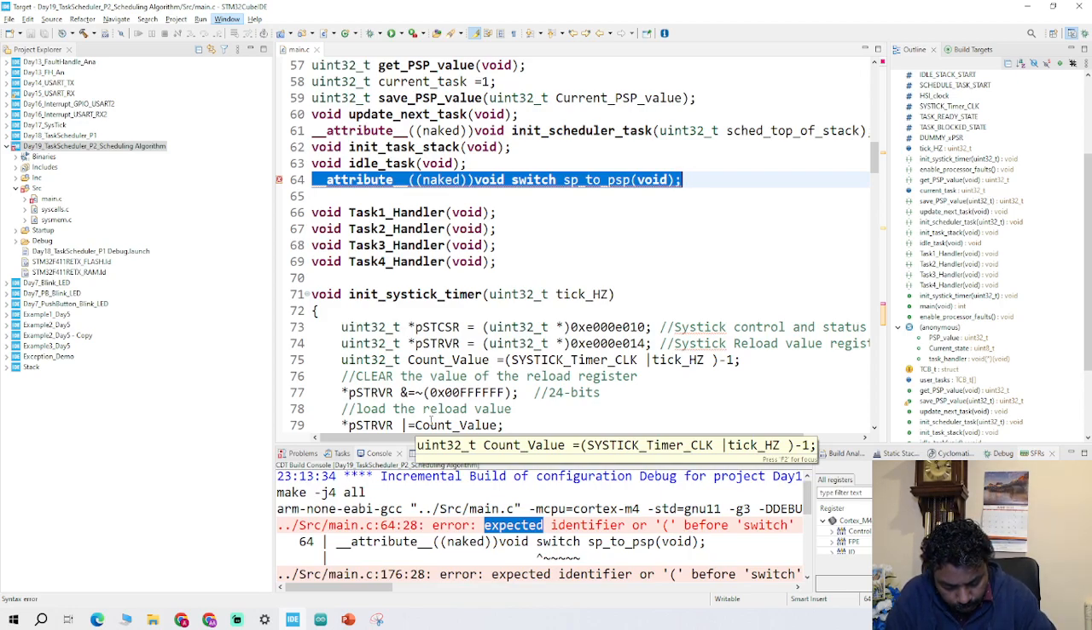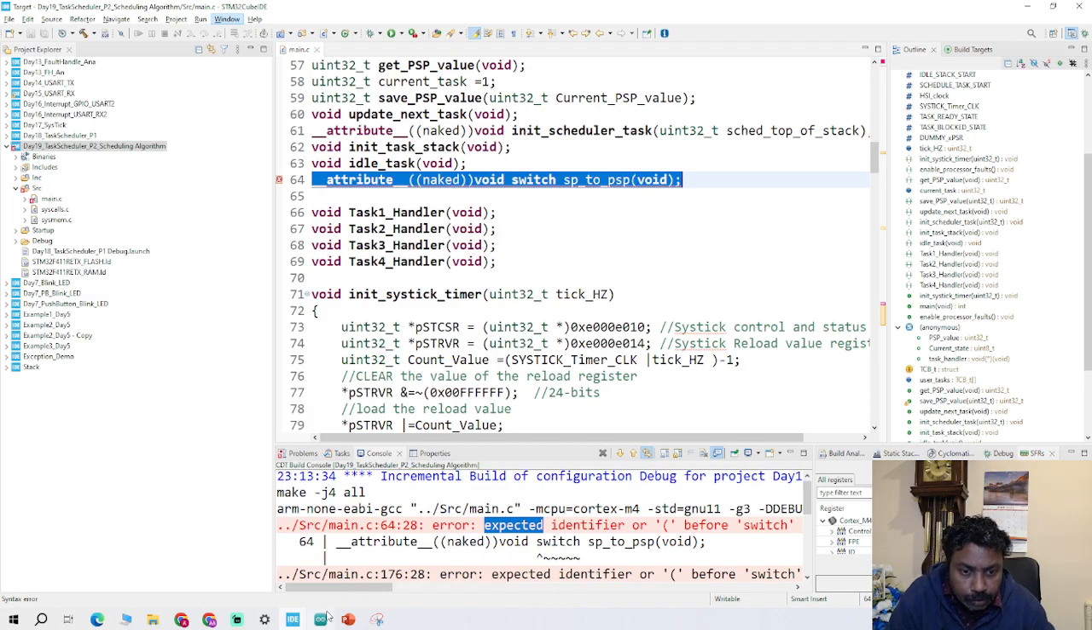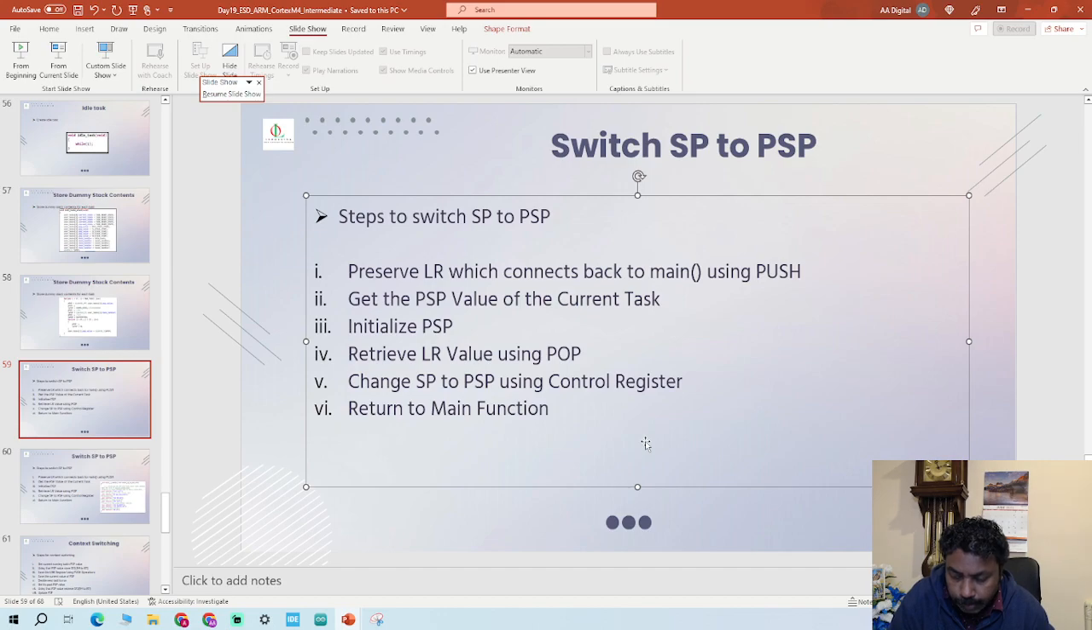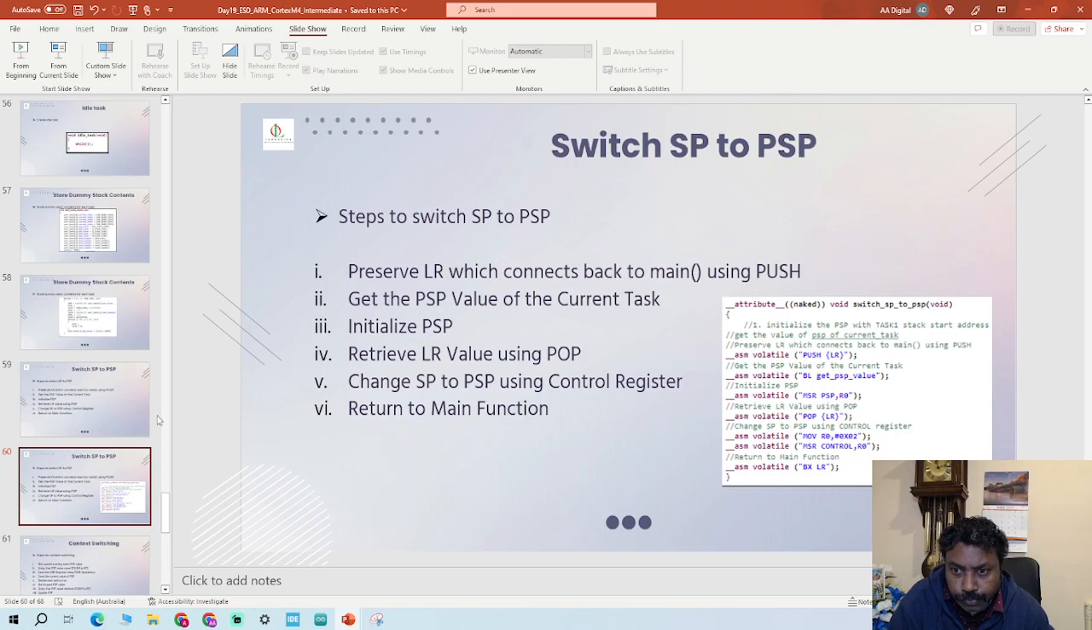One sec, just give me a sec. ASM volatile, MSR, PSP R0. So we copied all of that. So I'll go back to the presentation to see if I haven't missed any steps. First we push the LR and then get the PSP value, then PSP R0, then pop, and moving R0, then control R0, then we are exiting from the function. So it should